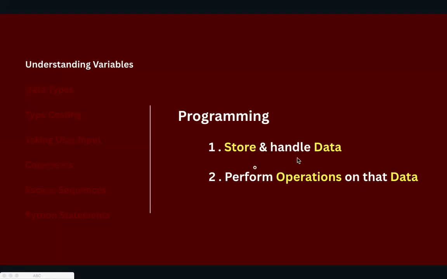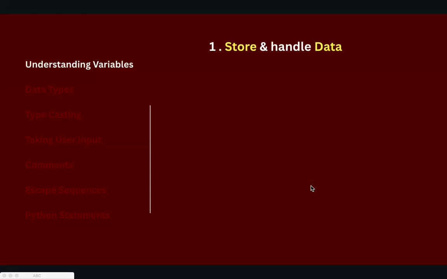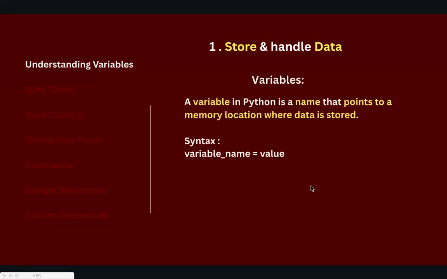Here, data can be anything like a number, an integer, a decimal number, a text. And the operations on that data mean calculations, comparisons, or transformations performed on the data. So in this class, we will learn how to store and handle data, and this is done with the help of variables. A variable in Python is a name that points to a memory location where